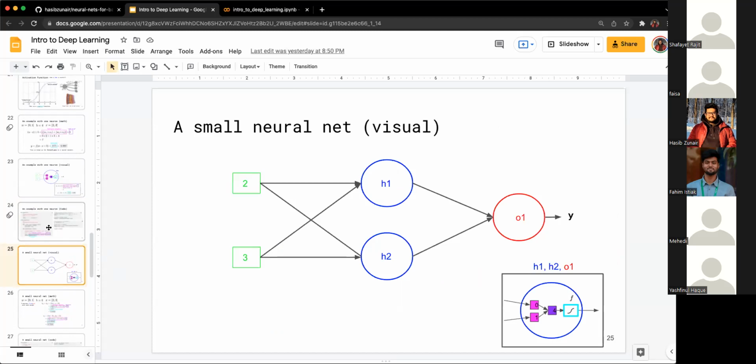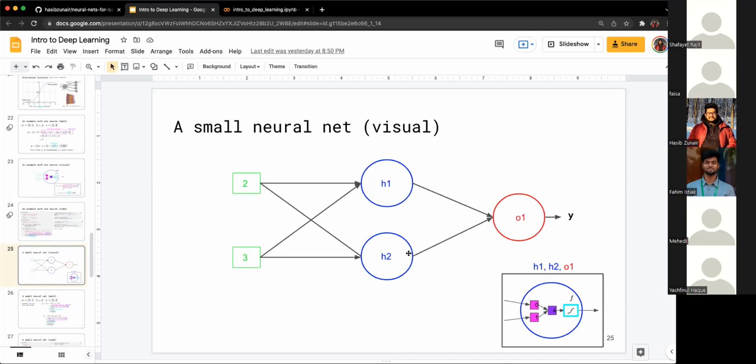So let's try to scale up from that example and look at what if we add 2 other neurons together? We have now seen a single neuron: given an input, what is the output of the neuron? Let's add 2 more. So we add 2 over here and 1 for the output, right? Here you can see this diagram, H1, H2, and O1. It's going to be this thing, right?